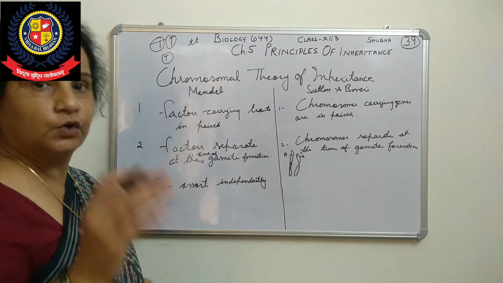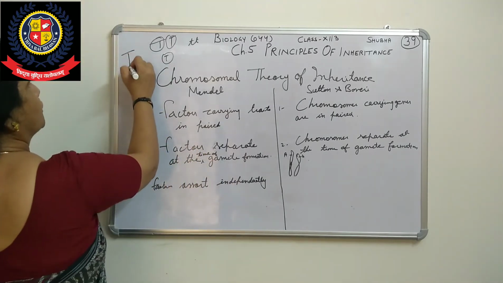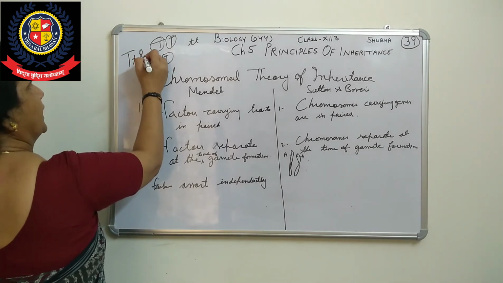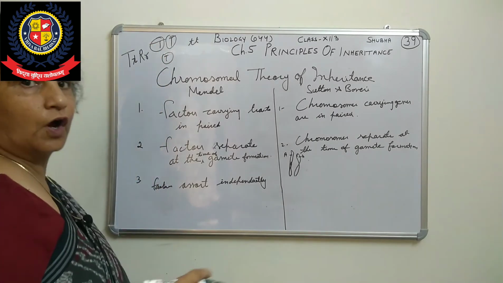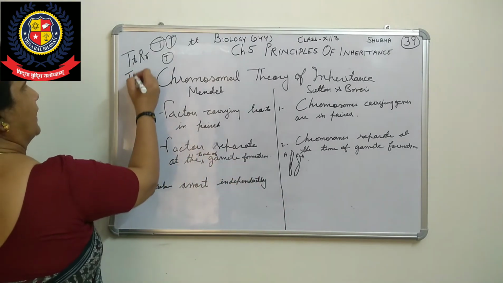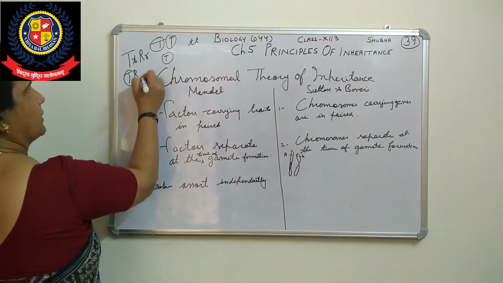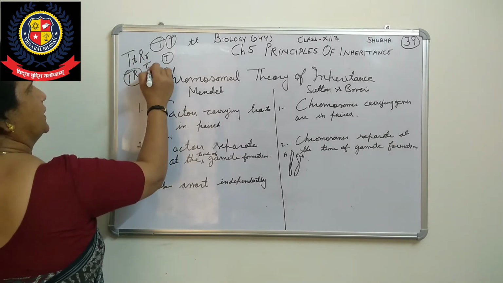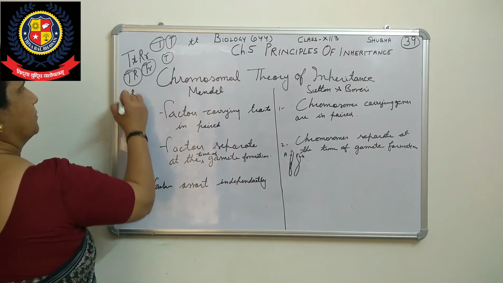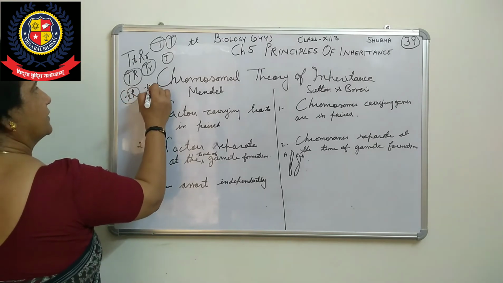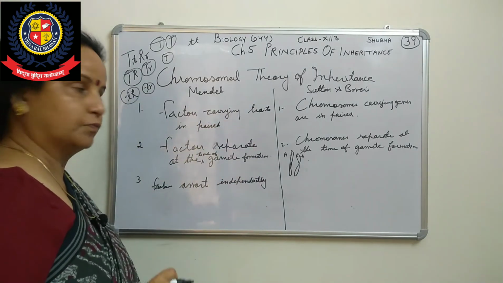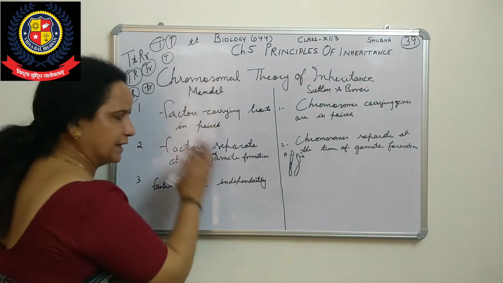As we have seen, this means a dihybrid cross. Suppose this one and this one, maybe this one and this one. So how will it be? That will be T, and then maybe they are forming this one gamete, then they are forming T, this gamete. Sometimes they are moving their own way, independent assortment. So factors assort independently.